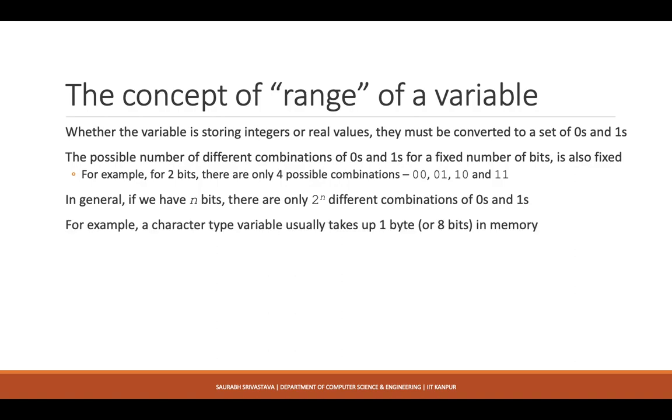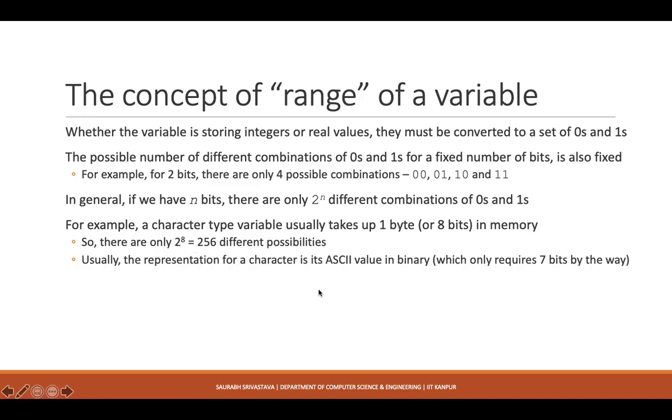So let us take the example of a character. Usually on most machines, a character takes up just 1 byte, that is 8 bits in memory, and this means that I have 256 different possibilities. So in theory I can store 256 different characters in a char. Usually what we do is we store the ASCII value. Remember what ASCII is. ASCII is a 7-bit code. So it's quite clear, right? Because it is only 7 bits, and I'm using 8 bits here, I can easily represent all the characters in the ASCII range using a char.